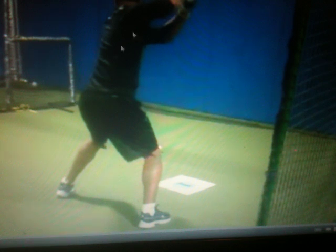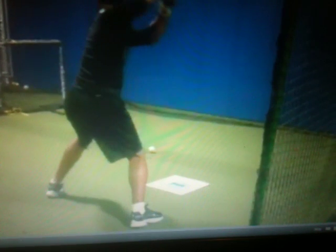So we're going to start where Edwin starts up. As you can see, he's starting up a little bit too high with his back elbow. So we want to bring that down, and that's going to see his first movement. Now see his back foot right here? We really want it down here a little bit more, really driving into the baseball and really driving it through. If you can see, it's around his hip action right here,